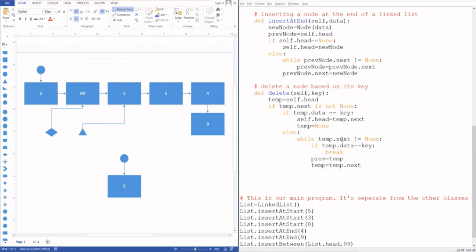Is the next none? No, it isn't. Is the data equal to the key that we sent, which is 5? No, it isn't. Don't go through the break. Previous is equal to temp. So again, same thing. It's going to take the pointer, point toward the same location. Temp equals